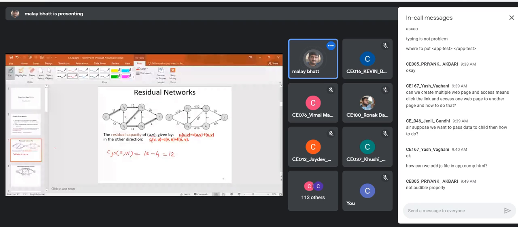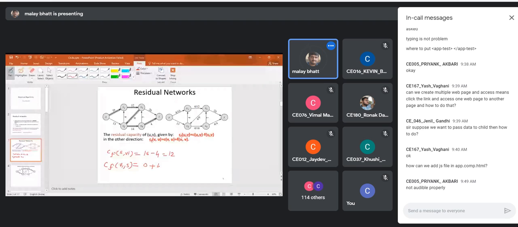Similarly, I can write the residual capacity in the other direction, V1, S, that is V, U. It is written as original capacity, which is 0, plus the flow value. So it is 4. It is the capacity in the reverse direction. Whatever flow you generate in the forward direction will be the capacity in the reverse direction. Maximum that much capacity you can consider in the reverse direction.